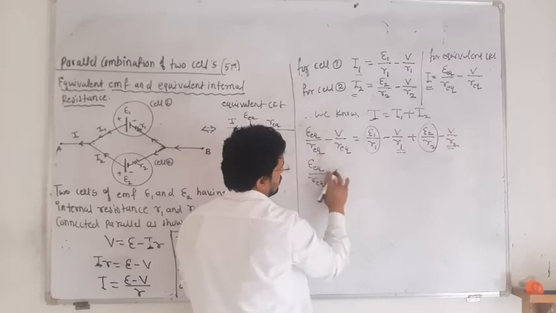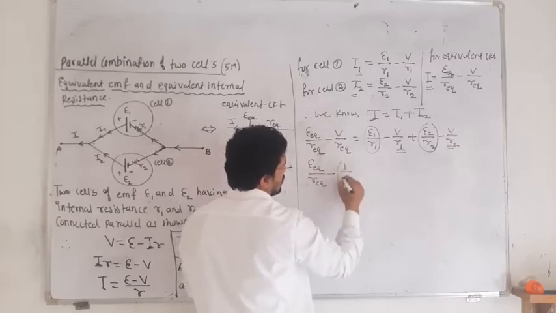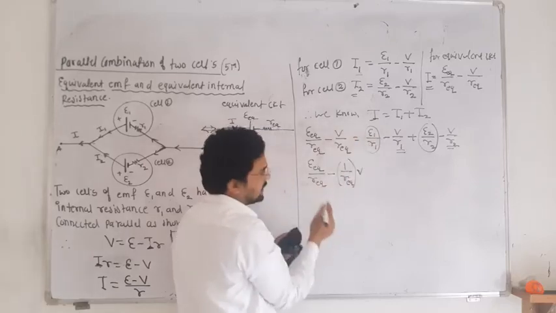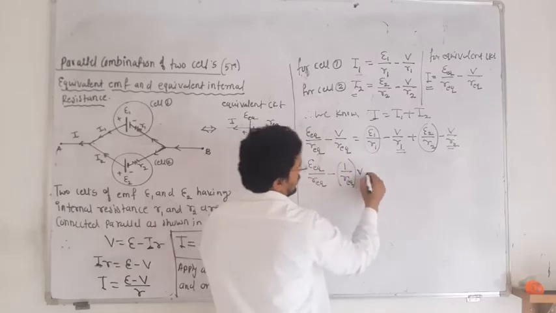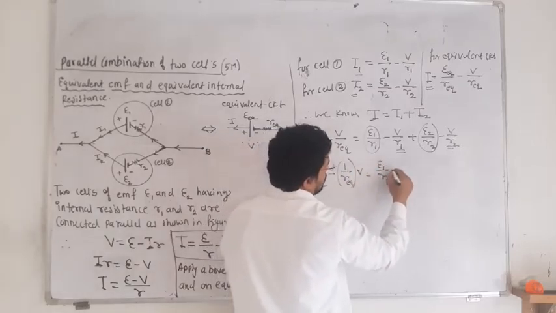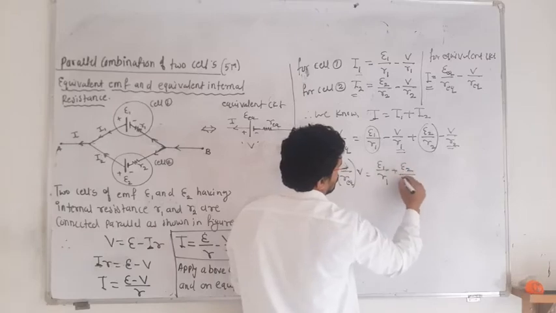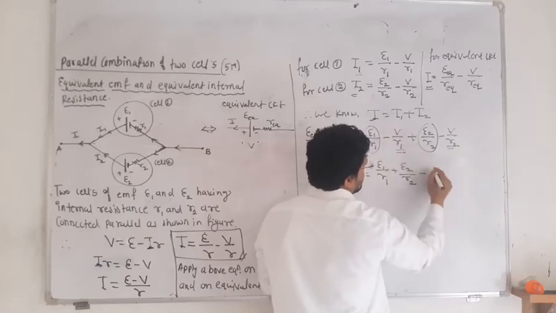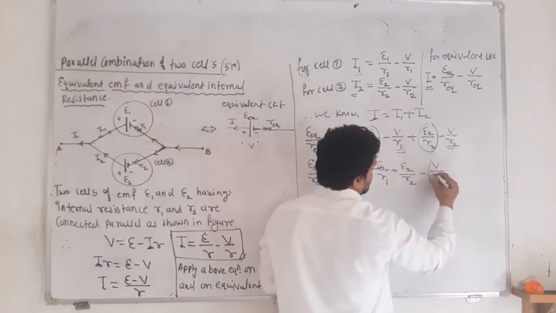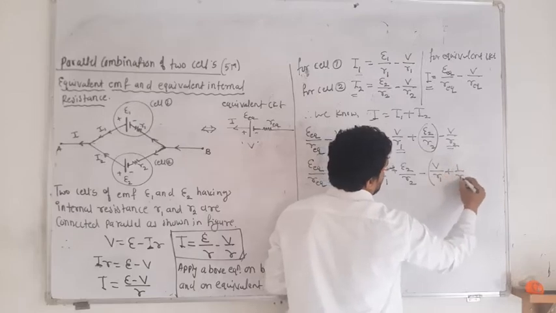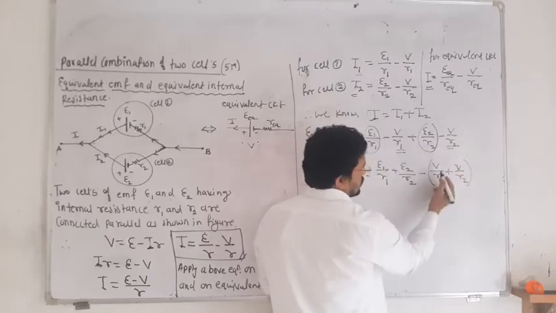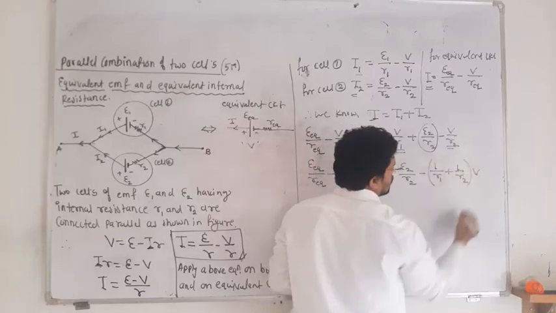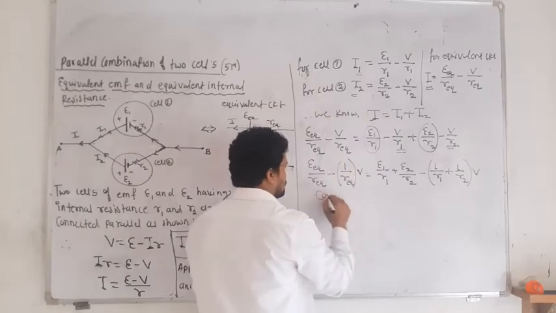So I will make it a little different. It becomes 1/R_equivalent multiplied by V. I will just take this V outside and keep the 1/R1 in the bracket. So it becomes E1/R1 plus E2/R2. Okay, combine these two terms first and then write down this minus. If you take out the bracket, it is V times (1/R1 plus 1/R2). Okay, so instead of writing this V inside, I will just take this V also outside.